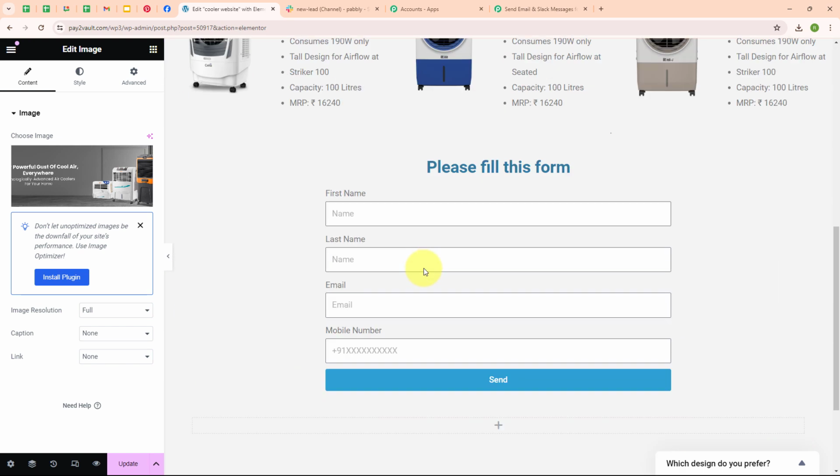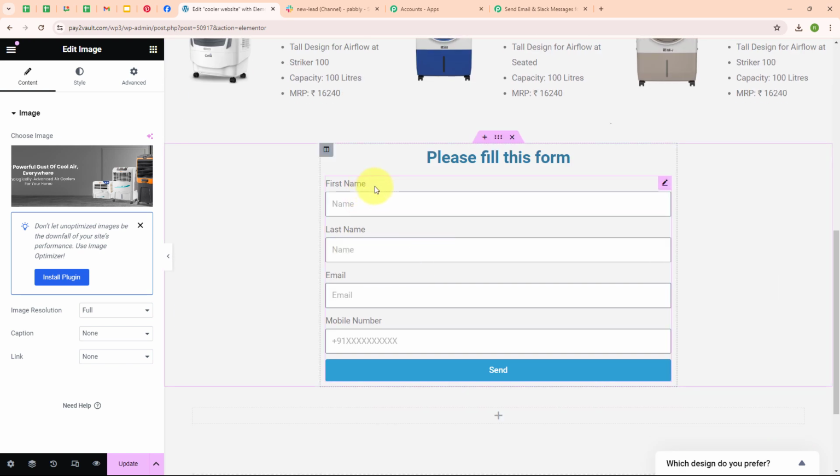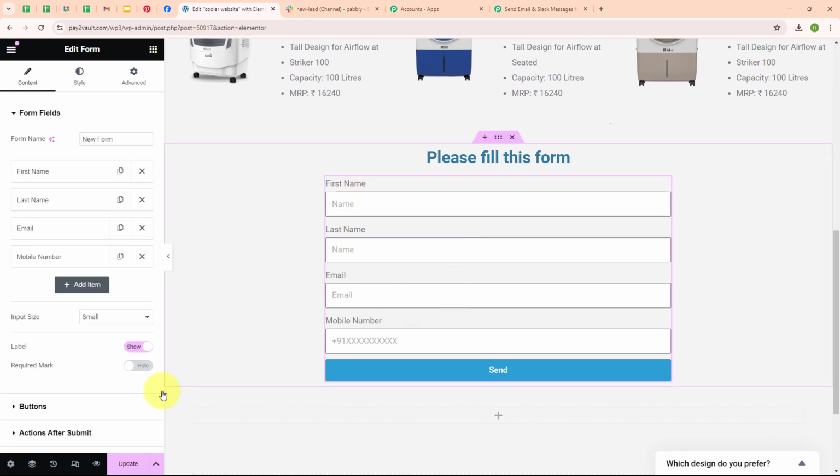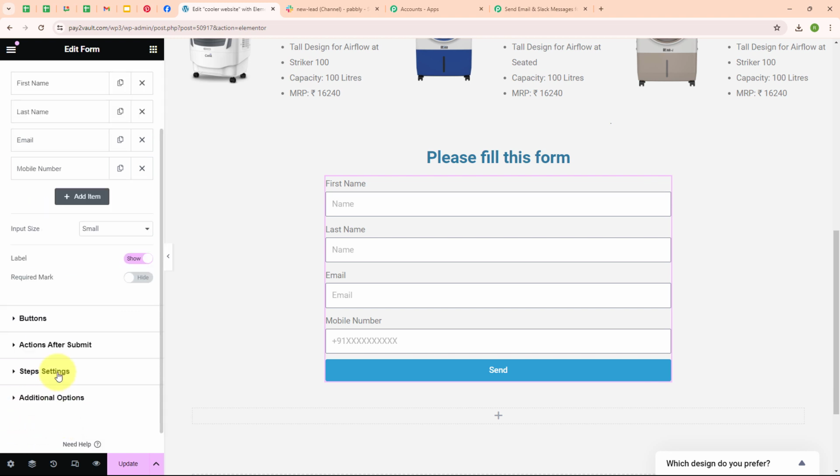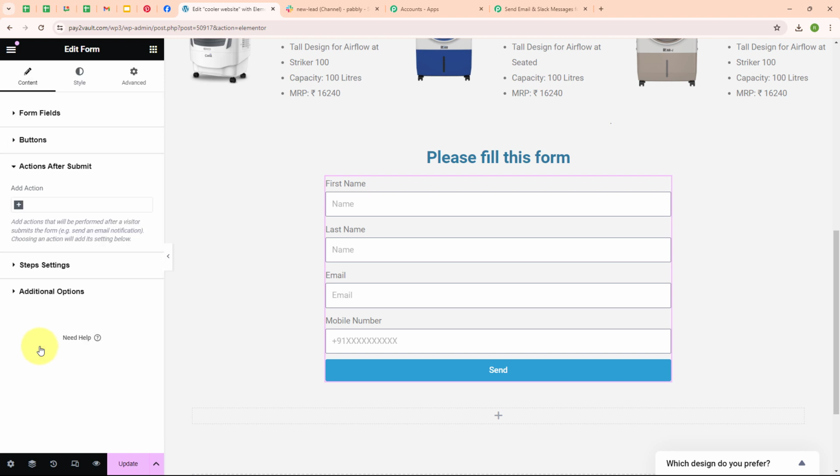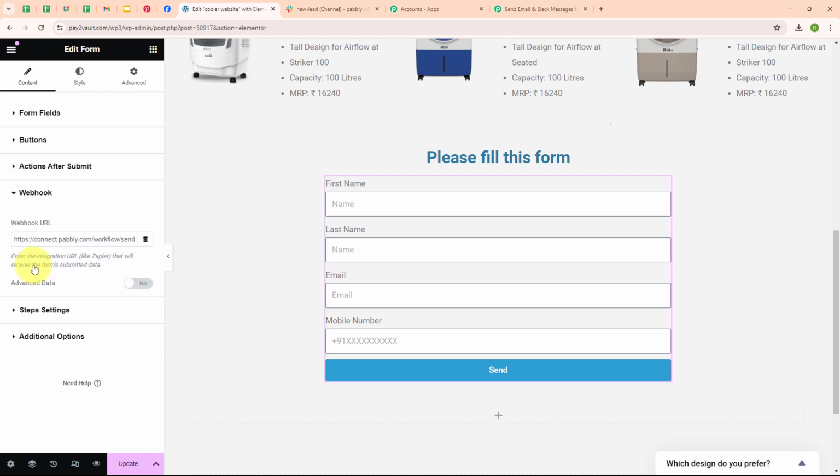Now scrolling a little down, and here I'm going to select my form element, and from here in the left side corner you can see we have received the option for actions after submit. So here I'm going to click on this button, and here I'm going to add an action, that is webhook. And after selecting this action, here you can see we have received the option for webhook. So here I'm going to click on this, and here you can see we have received the option for webhook